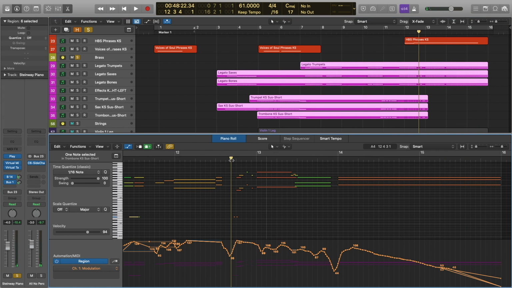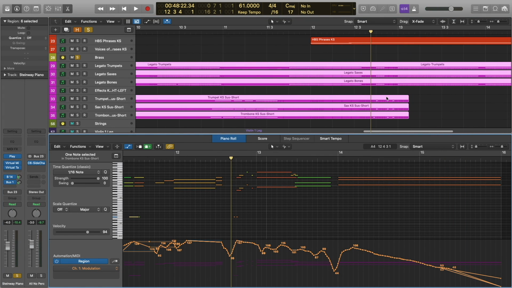And here you can see where I am using the key switch patch to give us those staccato articulations in measure 12 here. And then we go back to legato.